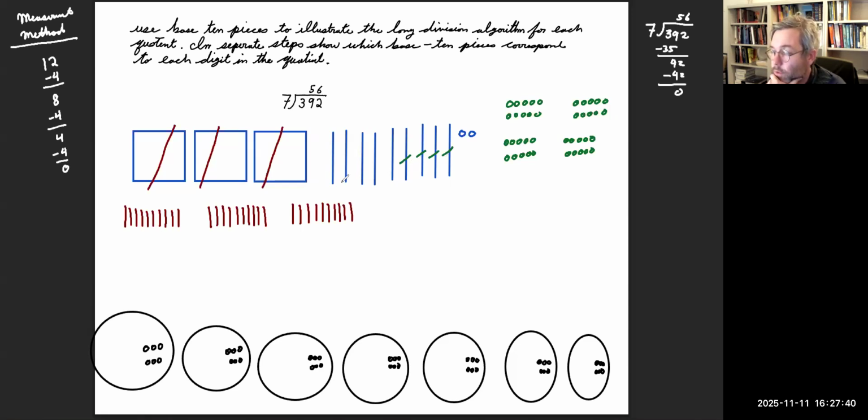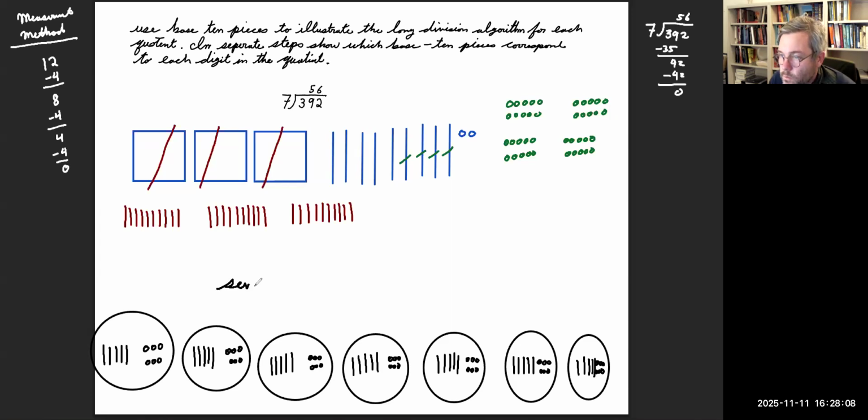Okay. Now I have 35 divided by 7. Everybody gets 5. Okay, so let's draw that. 1, 2, 3, 4, 5, and so on for each of the groups. Okay. I have 7 groups